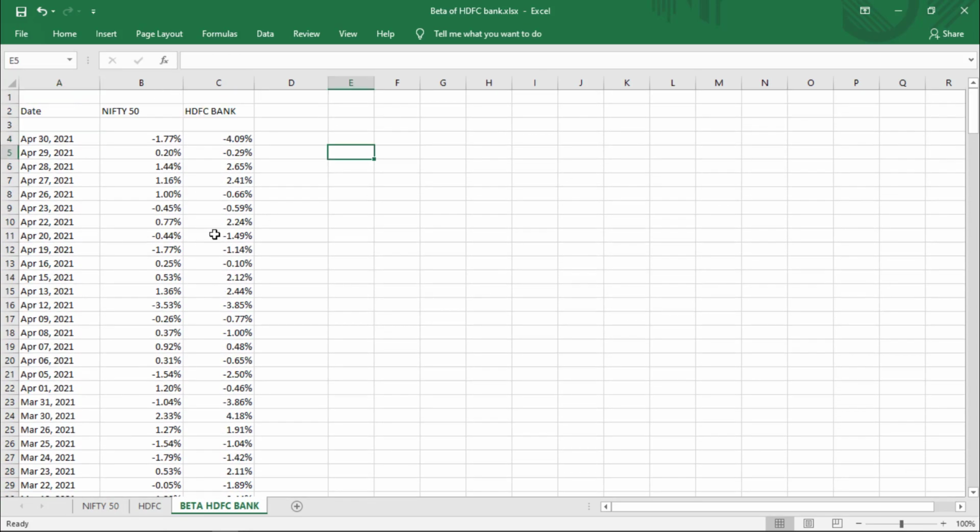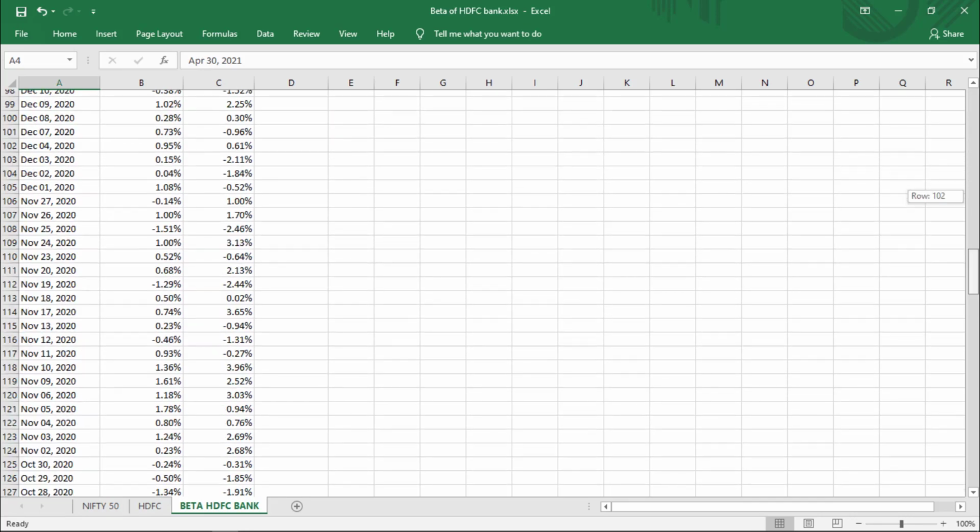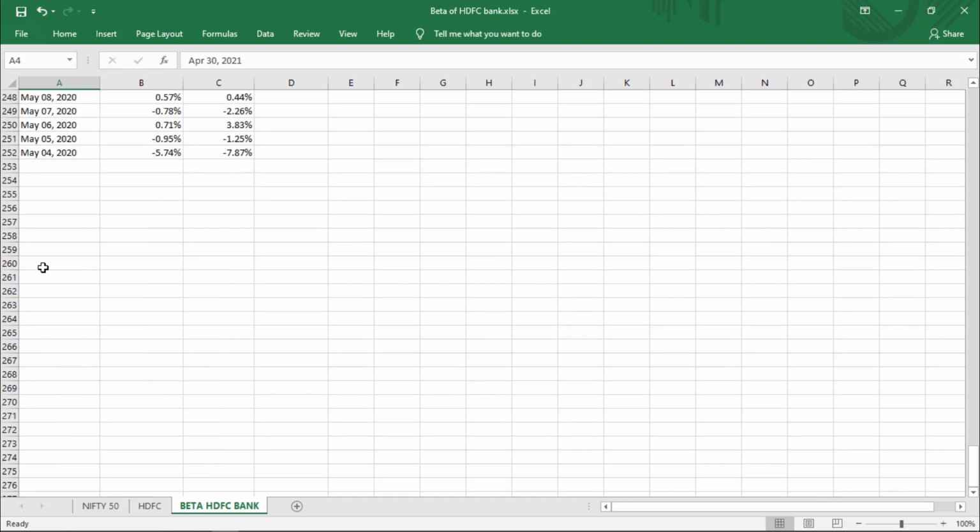I have edited this sheet, so you have the values of Nifty 50 and HDFC Bank, and the values are from the recent to the previous one. So now we have the values of April 30, and finally we have the values of May 4th. So at first we need to make a scatter plot.